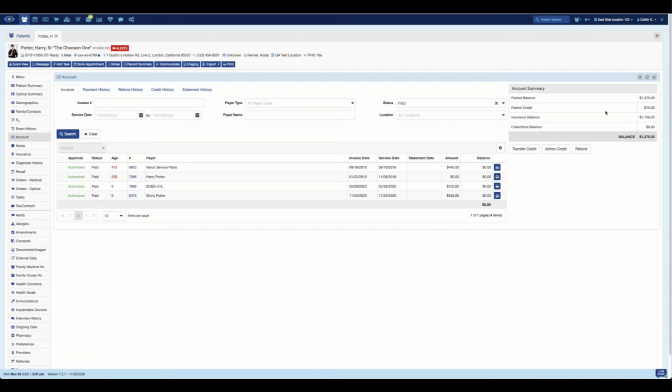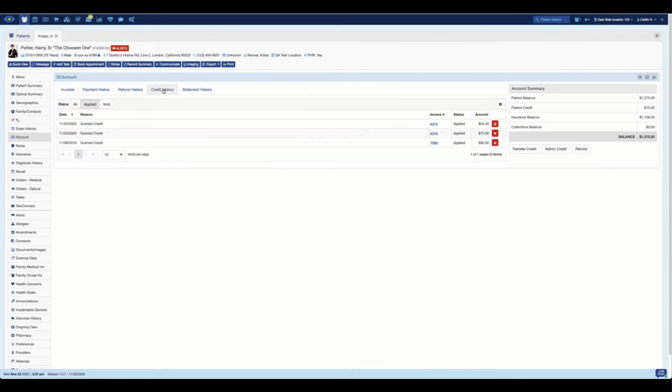So now I have my $75 credit. If I go to my credit history, I can see my $75 credit that I issued. I can see my $24.40 credit that is connected to my refund. And if I go to my refund history, I can see my credit card reversal for the $24.40. If I was to look at Ginny's account, I would see a $100 credit